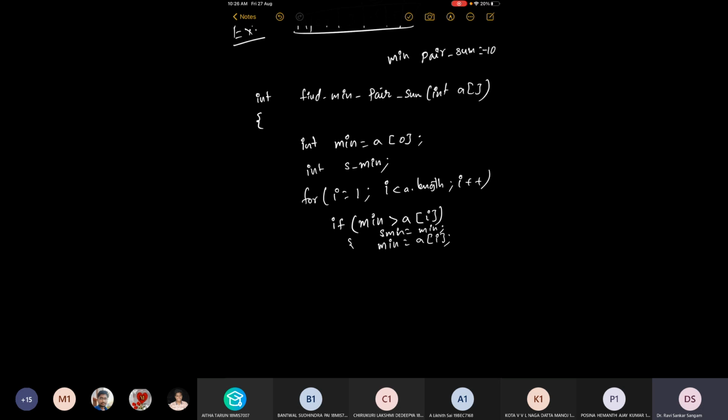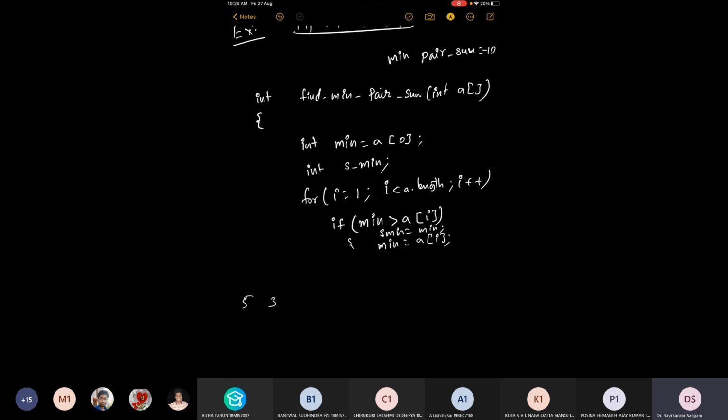Before updating minimum, we keep the existing minimum as the second minimum. So if all the elements are distinct, or not necessarily all, at least if the smallest element is not repeated, this logic will work.